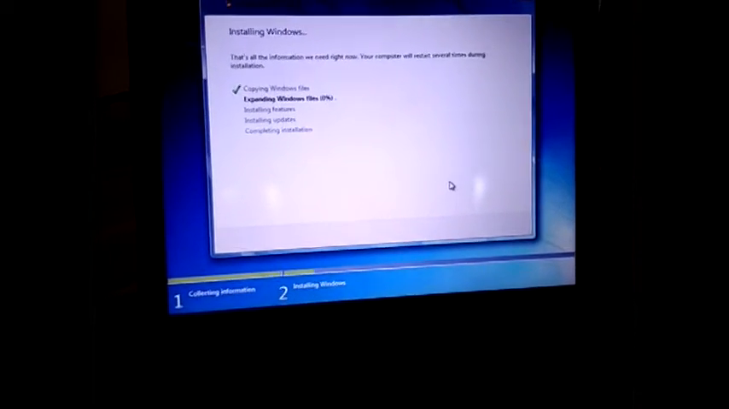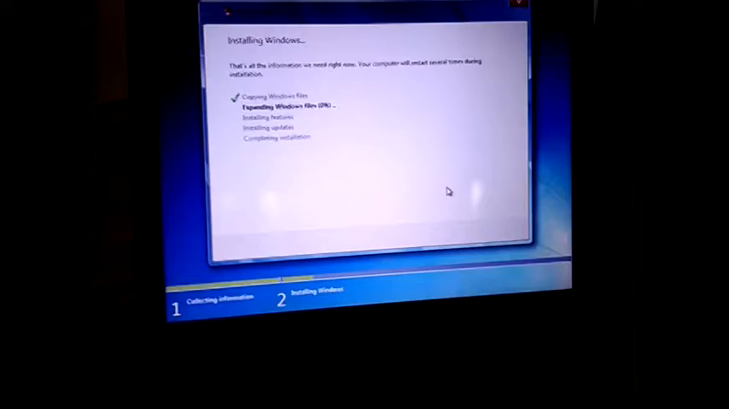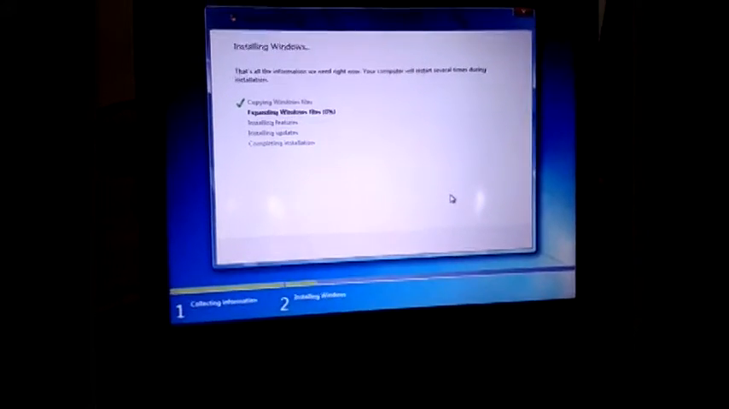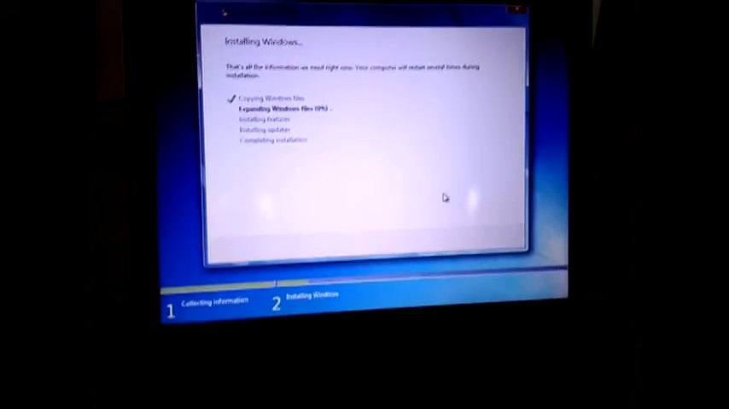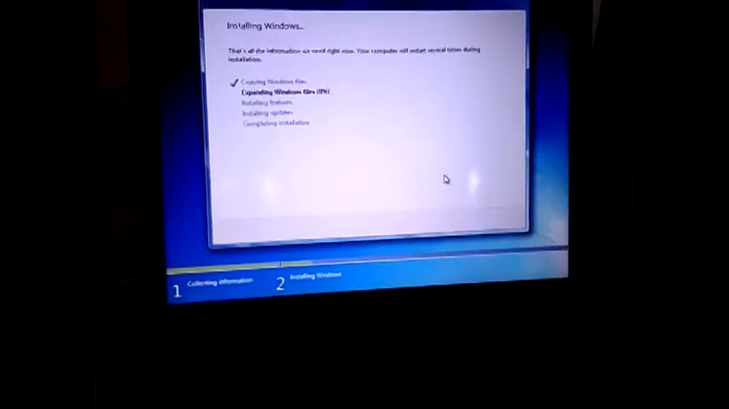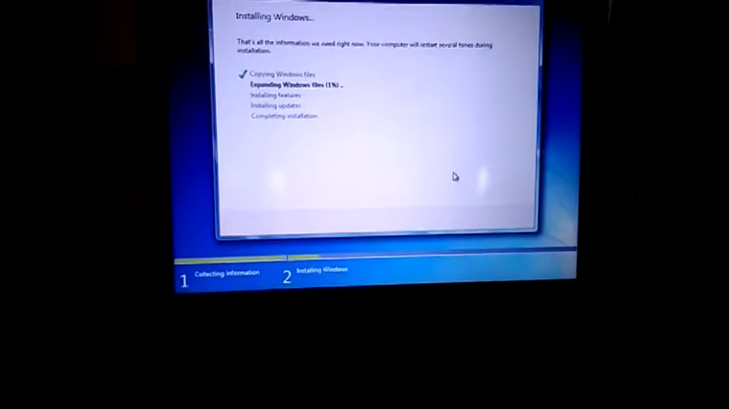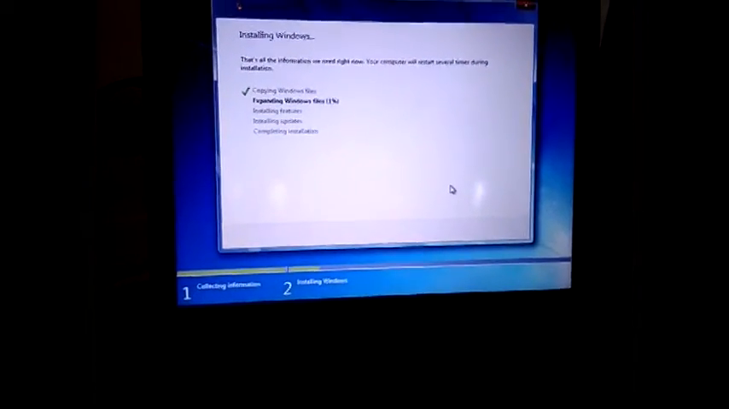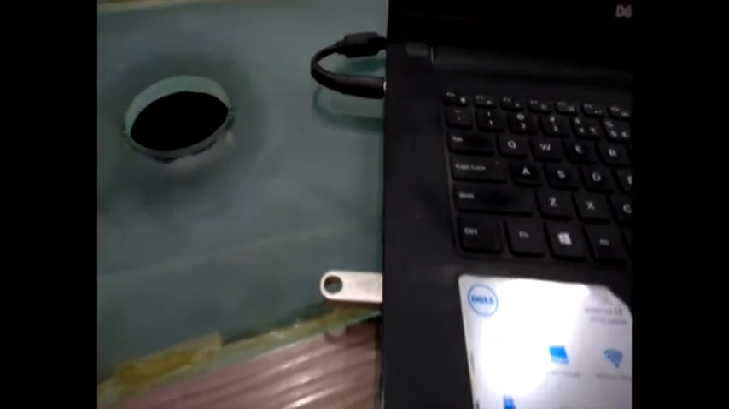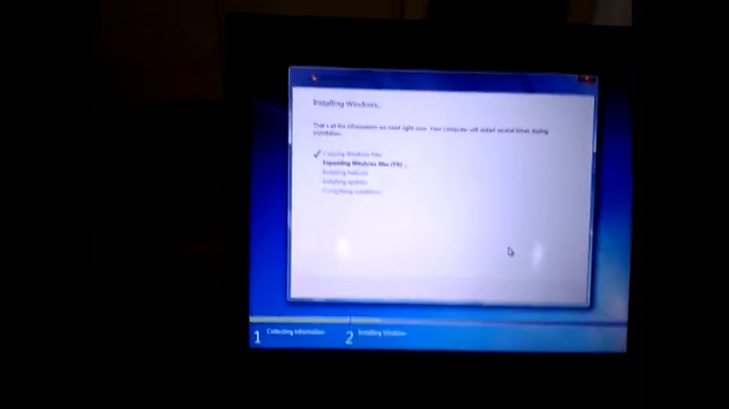You can choose upgrade or custom. I will select custom and click on your partition. Click on next. Yes, it will start installing the files. It is 0% completed. With the help of a bootable drive